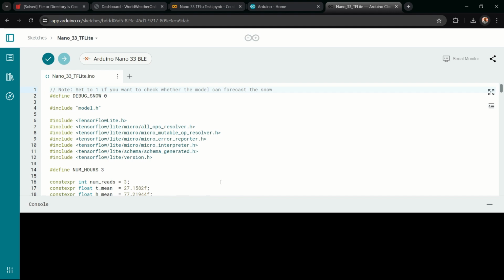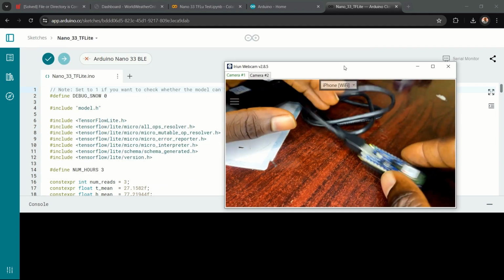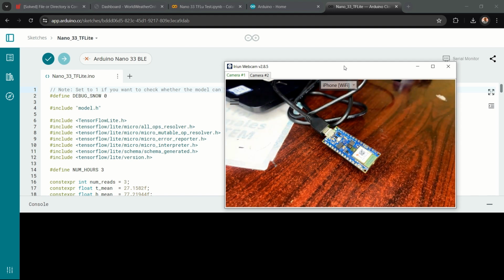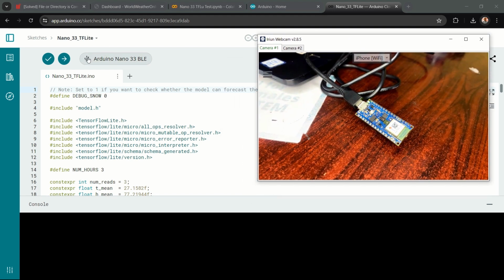And now I'll bring up my second camera. I'll bring up my camera feed. So this is my Arduino board. What I'll just do is to plug it in. Once I'm done plugging this in, we should see it reflect in our Arduino IDE online. You can see that it's no more showing the X icon here, meaning that our board has been connected to